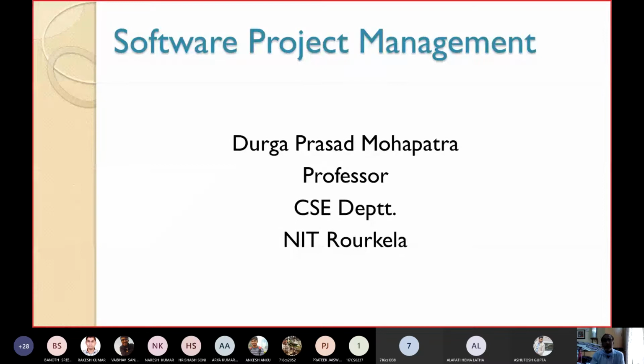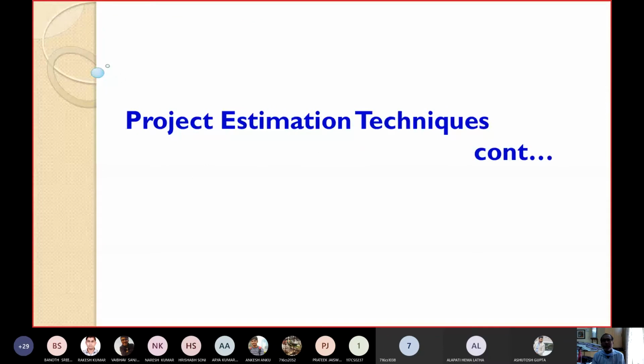Okay, so now let's discuss one more technique for cost estimation or effort estimation. Basically, project estimation techniques can be divided into three major categories: one is empirical techniques, two heuristic techniques, three analytical techniques. Under empirical techniques, we have seen techniques such as expert judgment technique, Delphi technique, etc. Under heuristic techniques, we have seen the COCOMO model, etc. All the COCOMO models come under heuristic techniques.